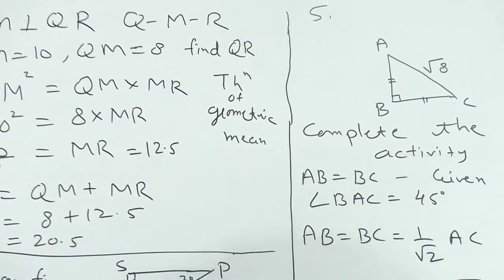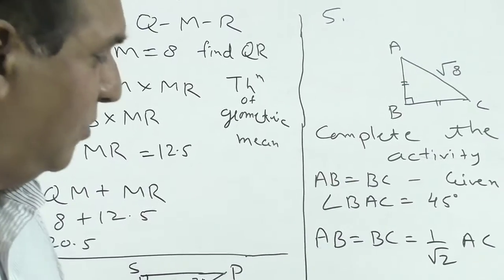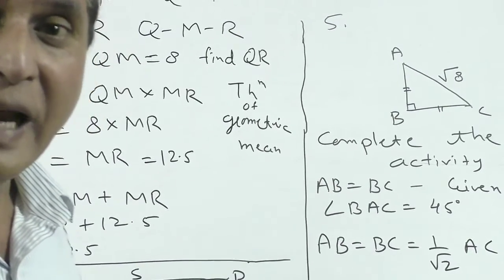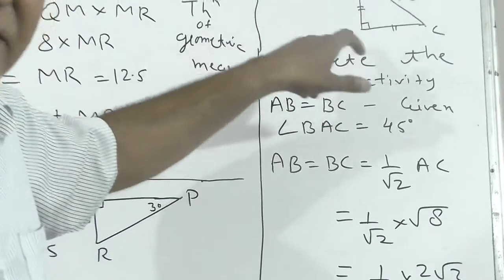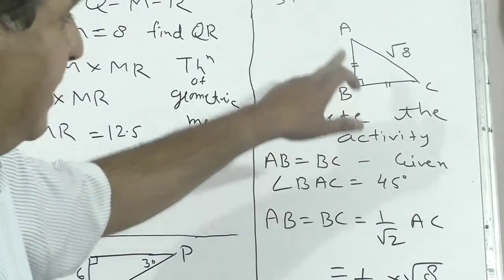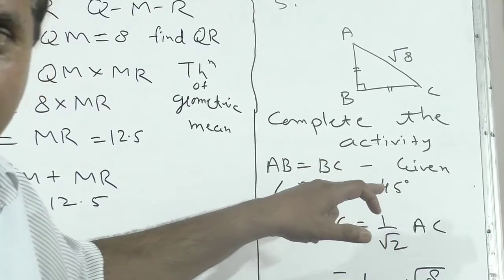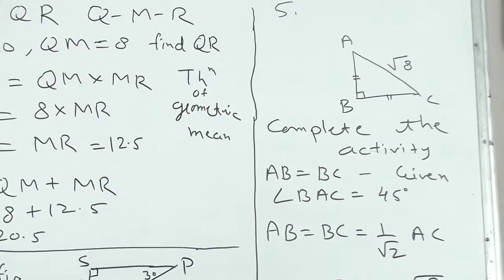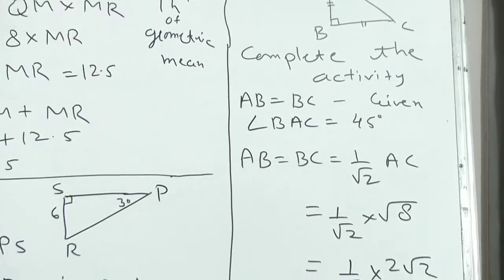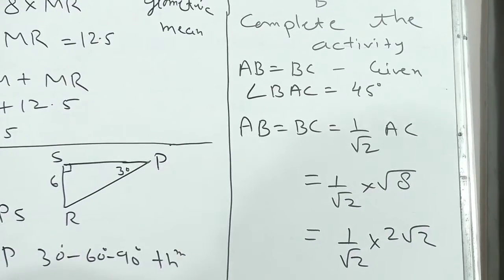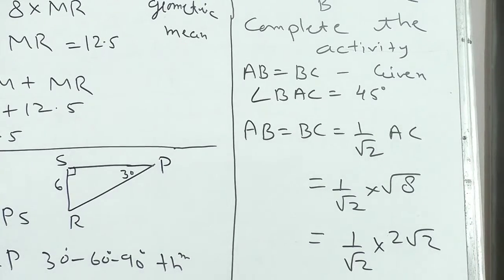Fifth sum will go to triangle ABC, figure given. This is a fill in the blank type sum. Most of the things are given, you have to just fill the blanks. I am helping you. AB equals BC, given. Angle B is 90 degrees, given, and AC is root 8. Isosceles right angle triangle means it is 45, 45, 90. Get it? So AB equals BC. So angle BAC is 45. Reason they have not written, but you can write if some normal sum comes. Then you have to write the reason, 45, 45, 90 theorem.